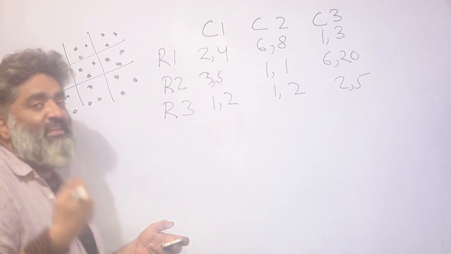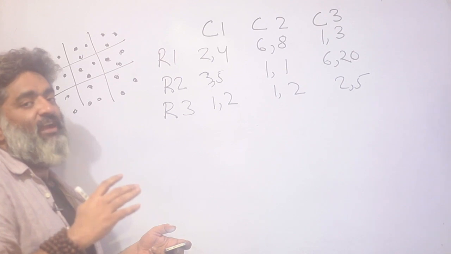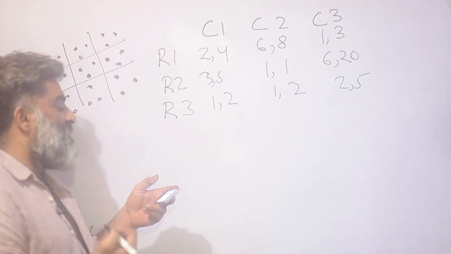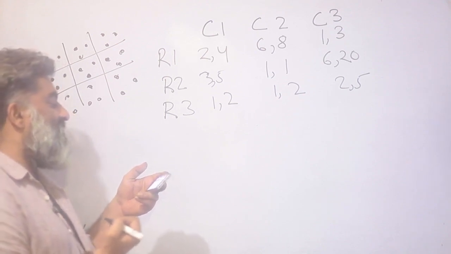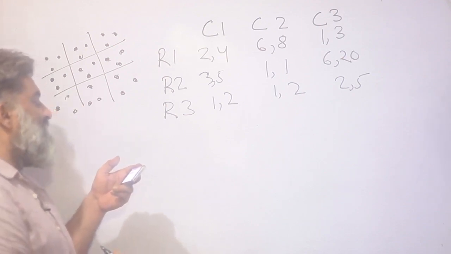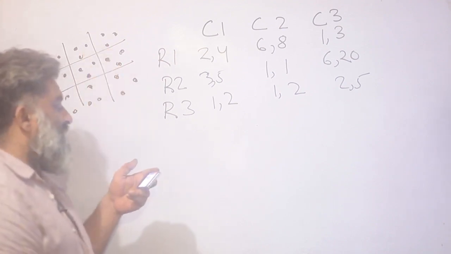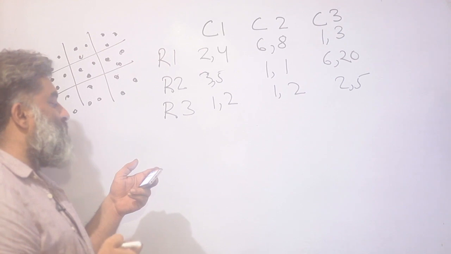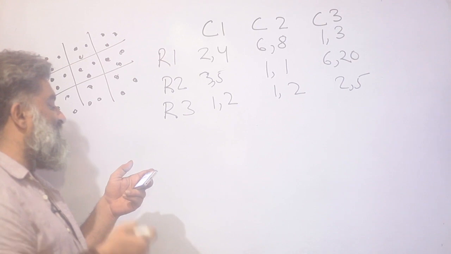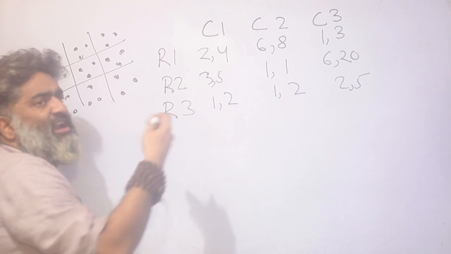I'm assuming that you have read the case and struggled with it. I don't think, if you got over that initial scare factor, that the problem presented too much of a challenge. But let me just figure this out. So the story said 3 pouches, each represented by a filled circle, are kept in each of the 9 slots 1, 2, 3, 4, 5, 6, 7, 8, 9. Every pouch has a certain number of 1 rupee coins. The minimum and maximum amount of money among the 3 pouches in each of the 9 slots are given in the table. So there was a diagram and there was a table, and try and understand the table.